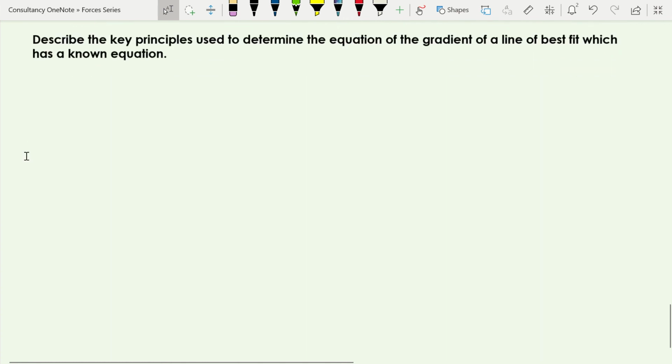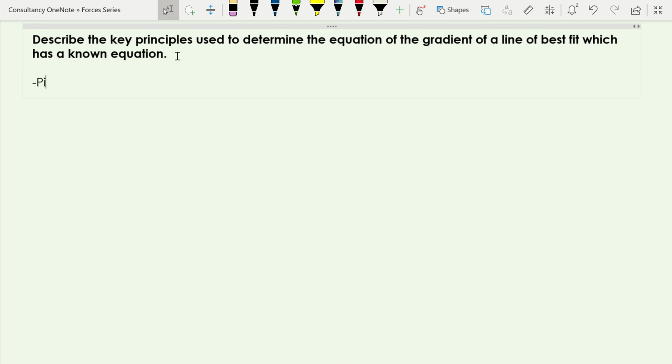Okay, so what I'd like you to do to finish off, we've been through the process a few times. I'd like you to describe to me the key principles used to determine the equation of the gradient of a line of best fit, which has a known equation. So take a few moments, pause the video. I'd like you to write out what are the key principles that we've used in this video to determine the gradient of our line of best fit, or the equation of the gradient of the line of best fit. Okay, so